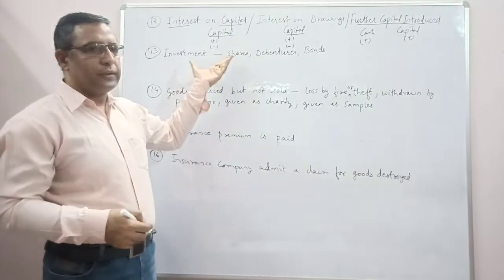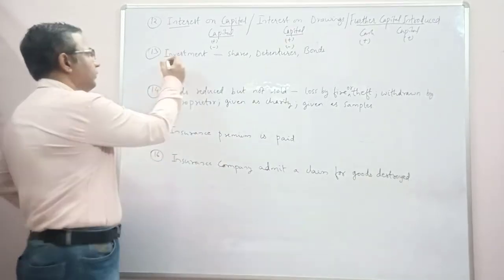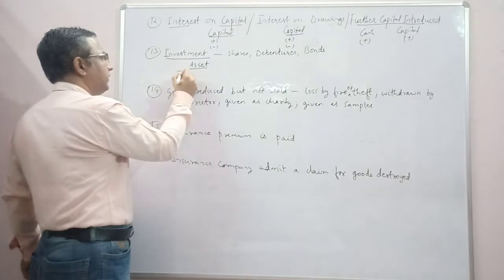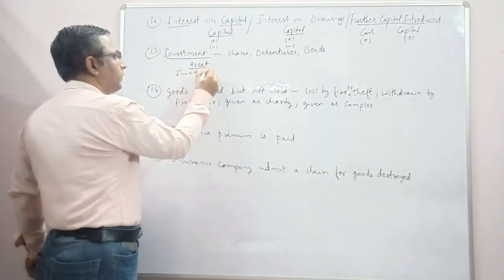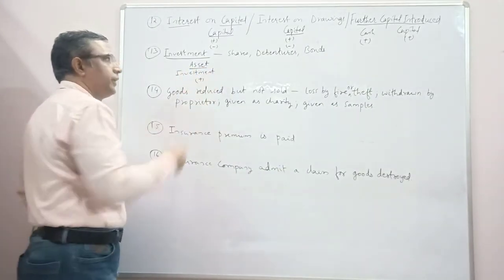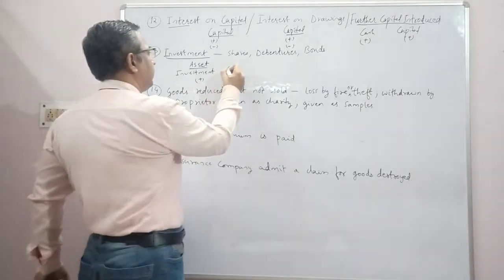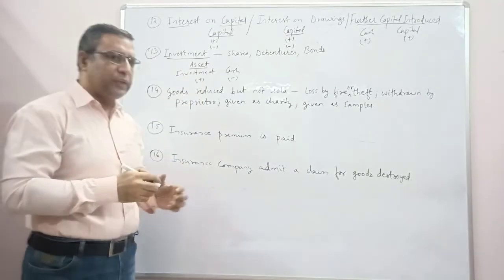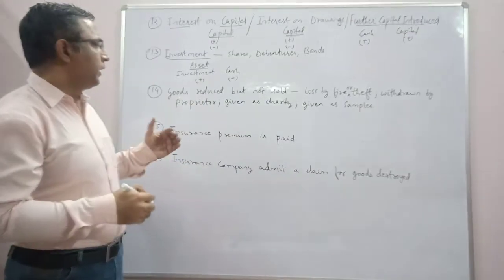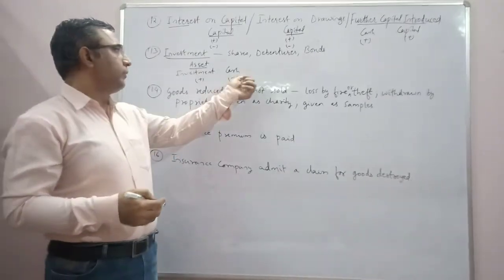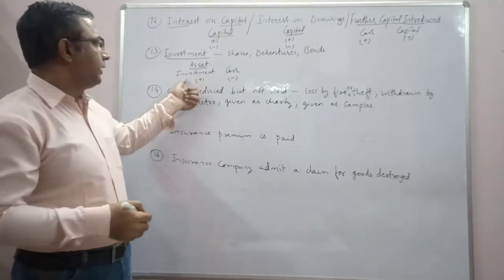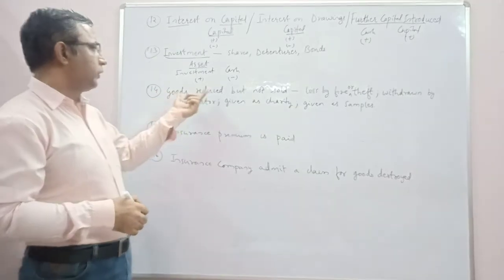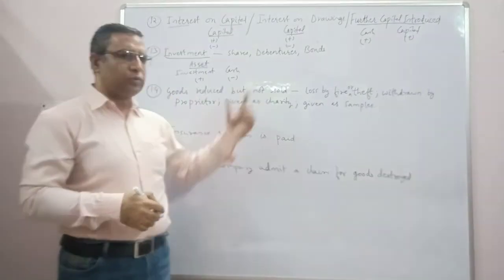It is an income generating asset. So investment is our asset. On the asset side, we will write investment, and investment is going to be increased, as well as cash is reduced. When we are investing, we are putting some money, we are departing cash from our side, so cash will be reduced and investment will increase.